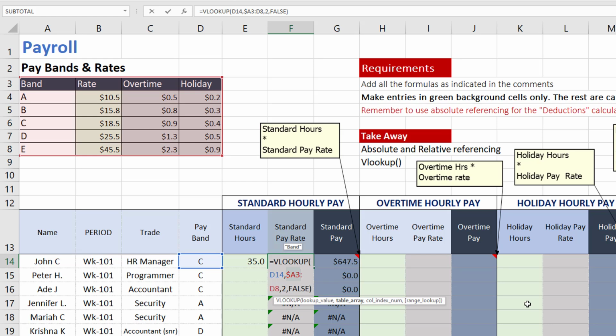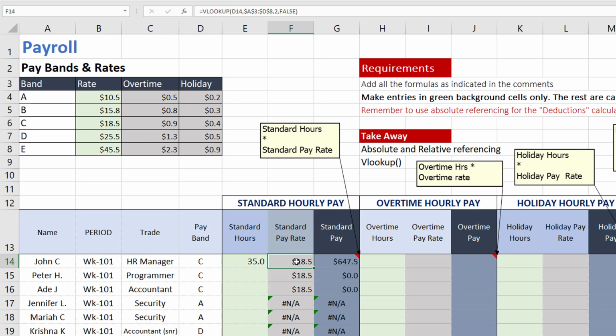So let's press it once more, because what we want is to anchor the reference into here and then anchor it to here. So let's move to D8 as well and press F4. So we now have the formula in the way that I'm showing it on the screen. So we've anchored the ends, A3 and here as well, D8. So if I press enter on that,